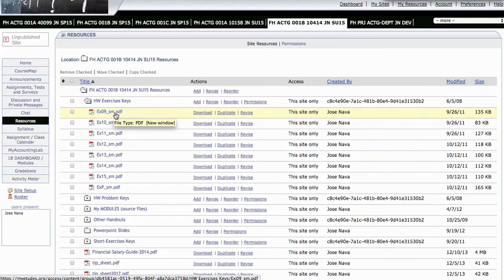Now, these PDF files are password protected. I will send you the password in a different announcement. Going back, again, to ETUDES here, to the home page,